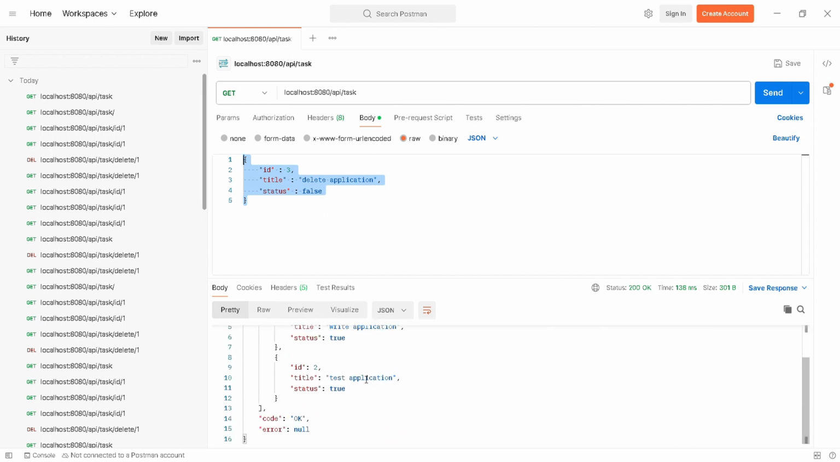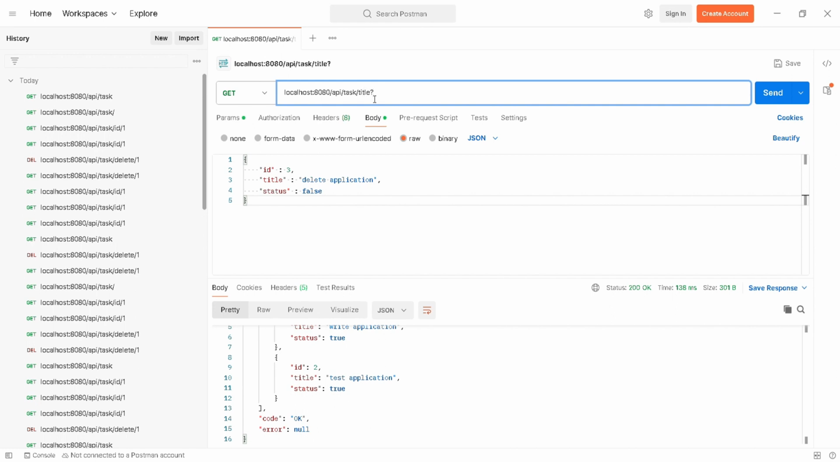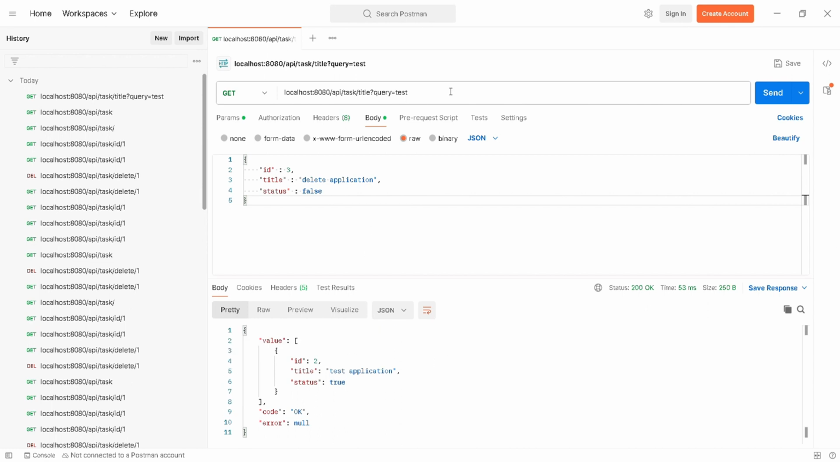You can see that we have two things here. Let's try to search on the title, and when I say search on the title, then this should be query equal to test. The expectation is that it should return only one. Okay, so it has returned only one. We can also search on the status, and the next thing that I want to do is